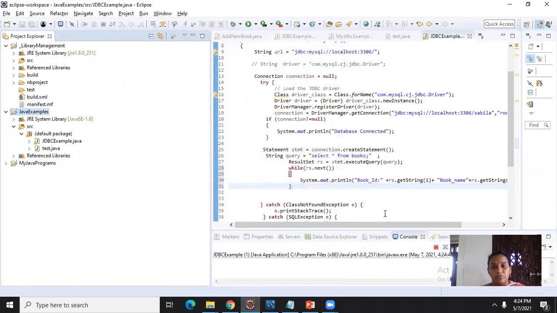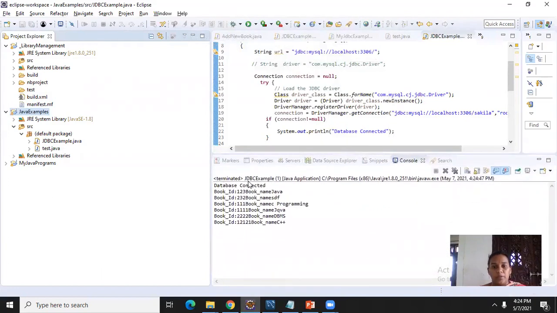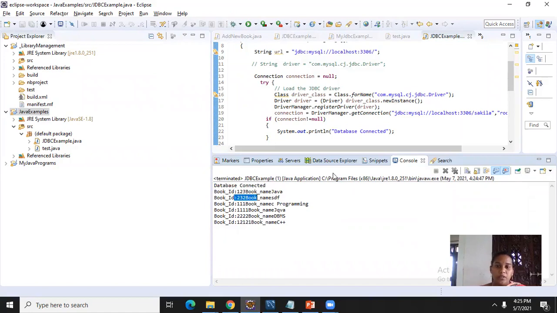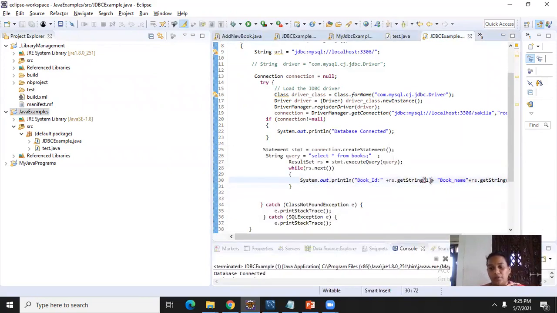See here. Database connected, first output, and book ID is 123, book name is Java, and so on, all the data printed. So we will decorate the output by clubbing those two fields and maintaining some gap.